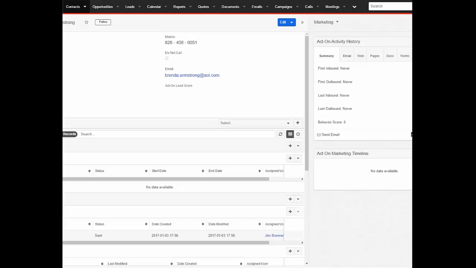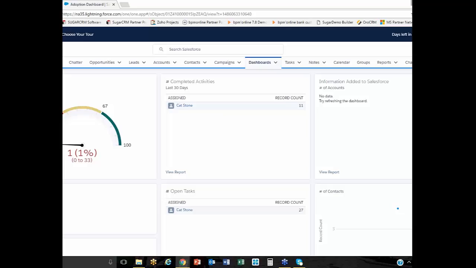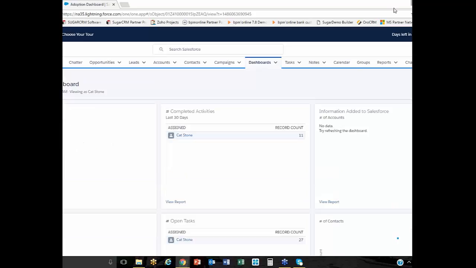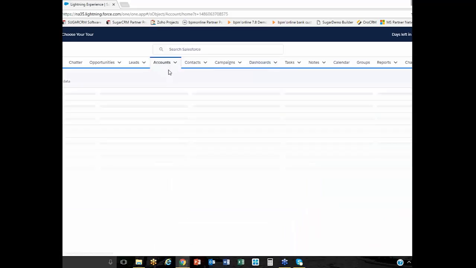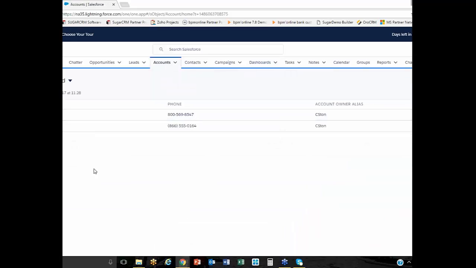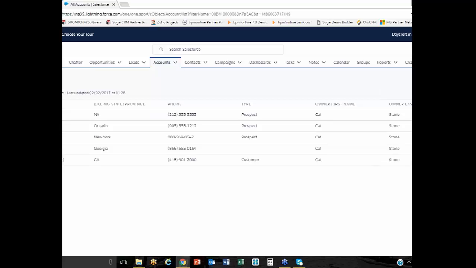There you go. Okay. All right, so I'm going to switch over to the account section just like Kevin did. And again, you're going to notice a lot of similarities here between Salesforce and SugarCRM. As I click on accounts, it brings me to a wonderful little list. Now, just like Kevin showed you with filters, Salesforce as well has filters. And I can go ahead and change my filters. I can create brand new filters.